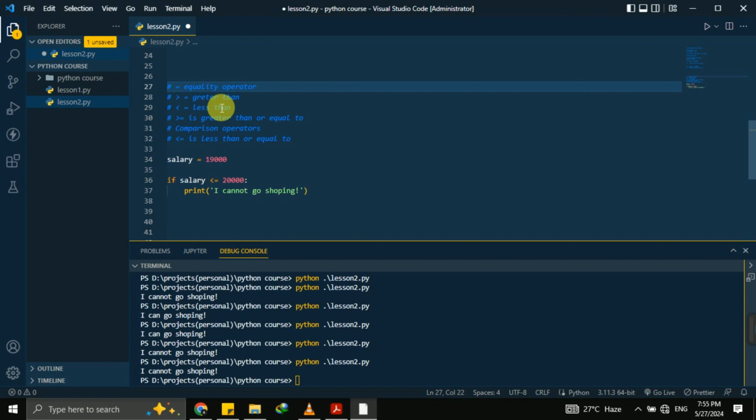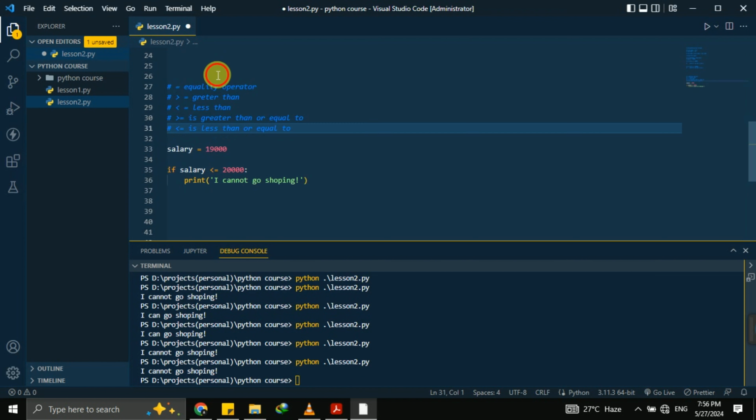Then we have greater than, which means that if something is greater than this condition, then only do these things. If this condition is less than this number, then only do these things. And if it is greater or equal to this number, then only these things. So these are called comparison operators in Python, and these are very helpful in Python because, for example, if you're